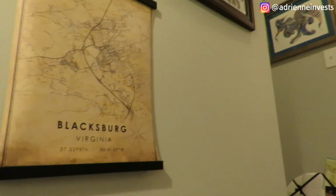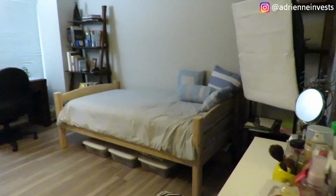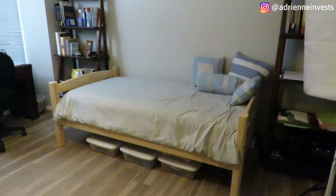We go upstairs. There's nothing on the walls, but over here I have some things from college, my degree. We go all the way up here on the left. This is actually the master bedroom, but I use this as my workspace. It's a guest bedroom, I guess, but this is more like a day bed. My desk. But over here is a linen closet where I keep extra blankets and towels and stuff like that. I have some pictures hanging on the wall up here, pictures I took at mission trips, and I don't really want to show, out of respect for the people in them, I don't want to show their